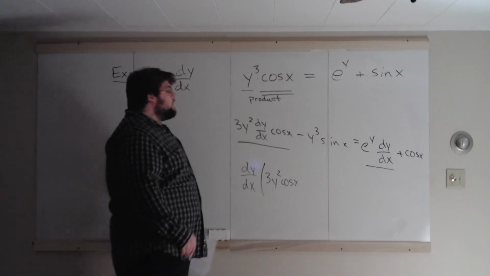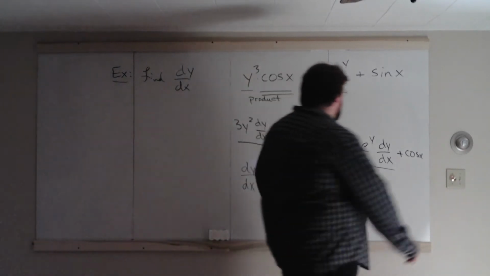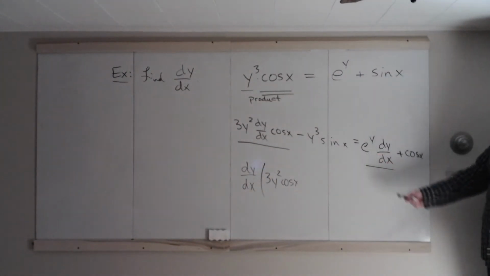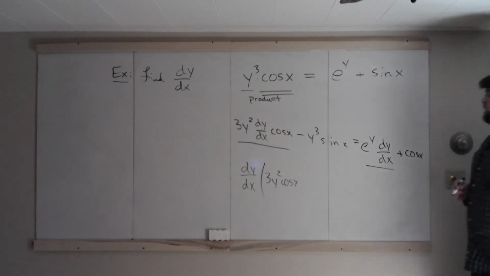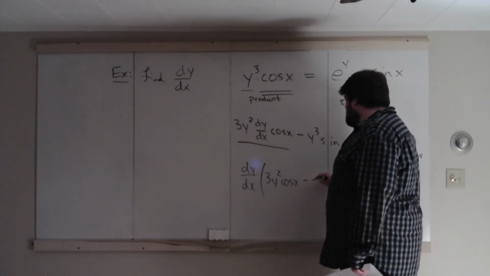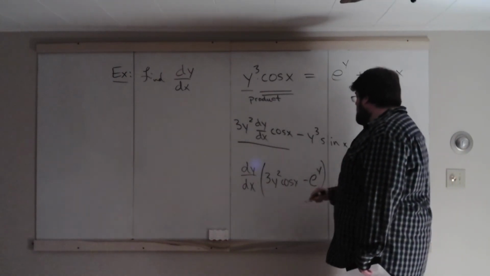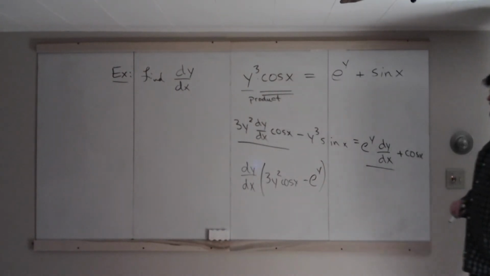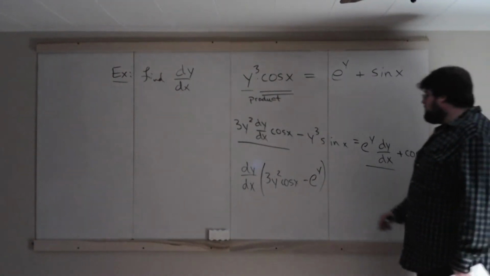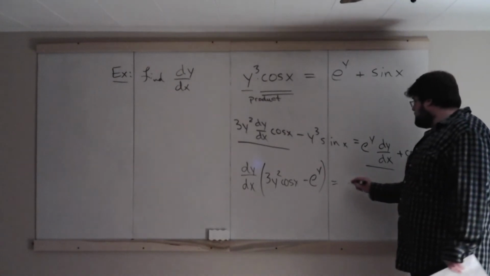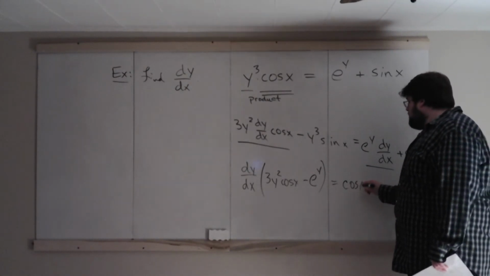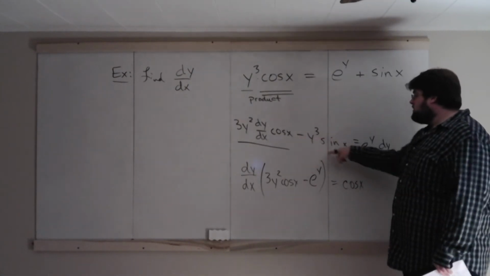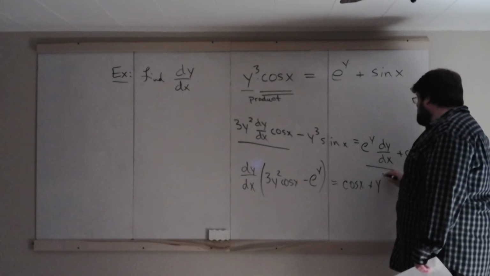You have a 3y squared cosine x. We're moving this to the other side, so we're subtracting that. Take a dy dx off of it. Negative e to the y. And then on the right side, cosine x is already here. And then we're bringing this term to the other side, so that's a positive y cubed